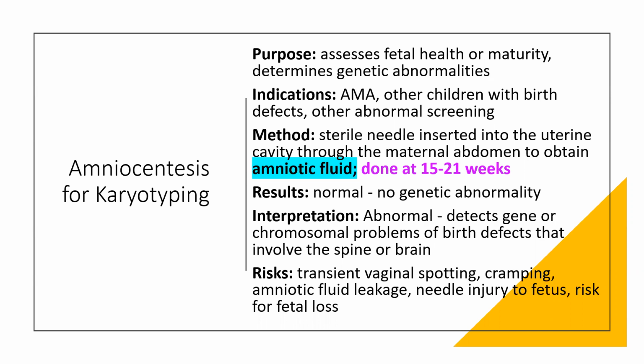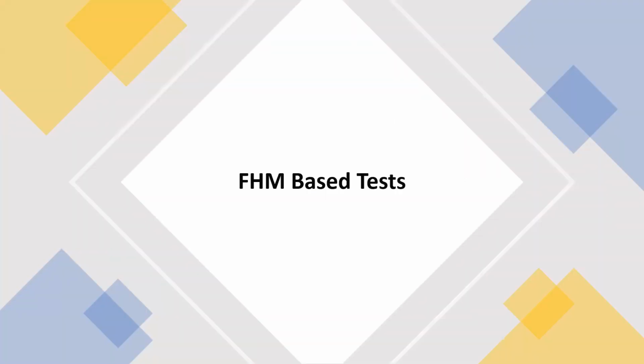The results, if this is normal, it's going to be no genetic abnormality. If it's abnormal, it detects a gene or chromosomal problem of birth defects that involve the spine or the brain. The risks of this are going to be transient vaginal spotting, maybe cramping, amniotic fluid leakage, needle injury to the fetus, or risk for fetal loss. Okay. This next step we're going to go over is pretty much stuff that you've been tested on already, but